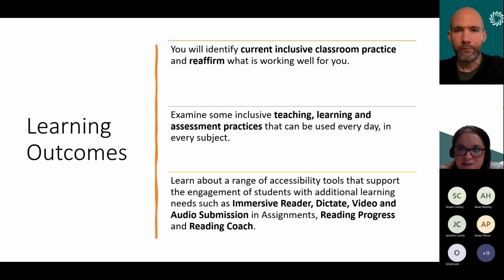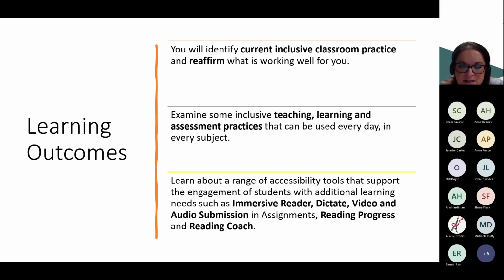Identify what you're already doing well. So it might be handy if you had a paper and pen or a document open where you can note what's working well and what you might need some further support with. So really the focus of today is identify what's working well, examine some inclusive teaching, learning and assessment practices that